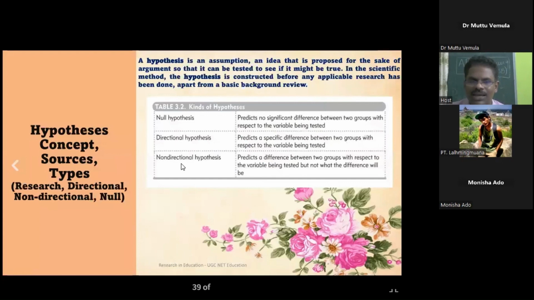The non-directional hypothesis predicts a difference between two groups with respect to the variable being tested, but not what the difference will be. There will be a significant difference between the boys' and girls' achievement. I said significant difference between boys and girls, but whether boys will do better or girls will do better, I did not mention. Therefore, it is non-directional hypothesis. Hope you got the difference between